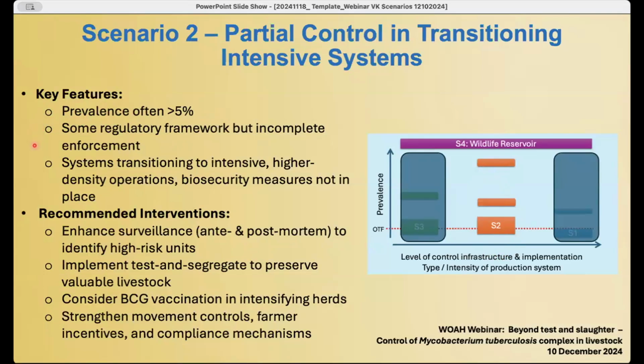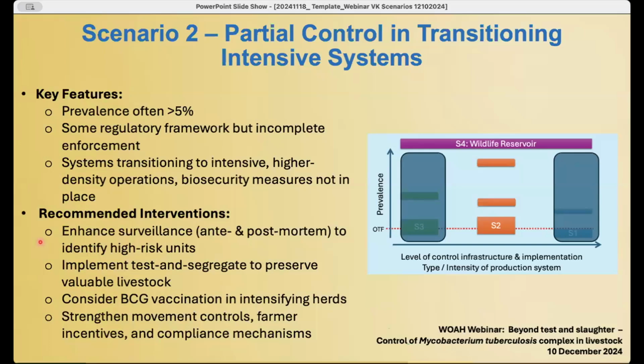Again, these systems are characterized by some regulatory frameworks, but it's incompletely enforced and very difficult to enforce as well in context. And again, the critical part here is the transition to intensive, high-density operations. The trick here is that when biosecurity measures are not in place, that really helps drive overall prevalence. So the interventions in these scenarios, in particular, as Francisco mentioned, include ensuring enhanced surveillance, both ante